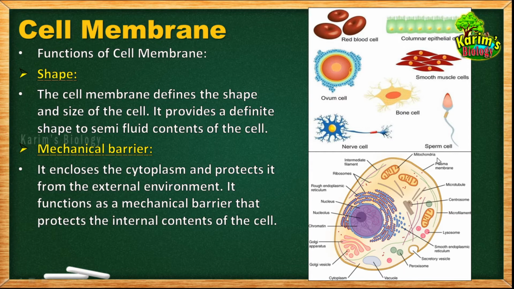Okay, what is external environment? The environment or the surroundings of the cell. The surroundings of the cell may be intercellular space, or some other cells may be present, or some other microbes may also be present which are capable of entering into the cell and damaging the contents, right? That's why the cytoplasm will be protected by the cell membranes, as it acts as a mechanical barrier and it protects the inner contents of the cell. So that's about the second function of the cell membrane.